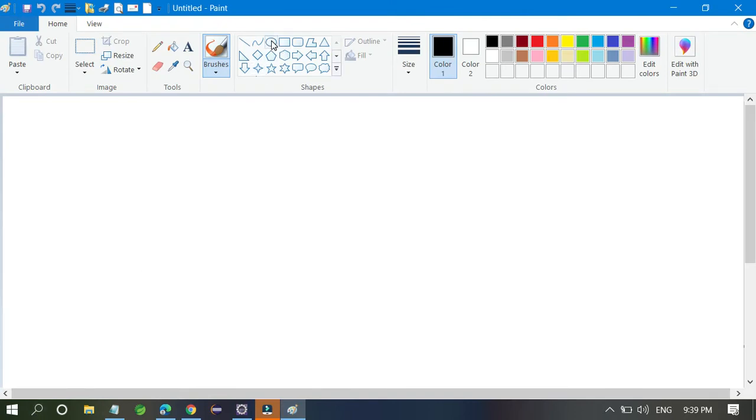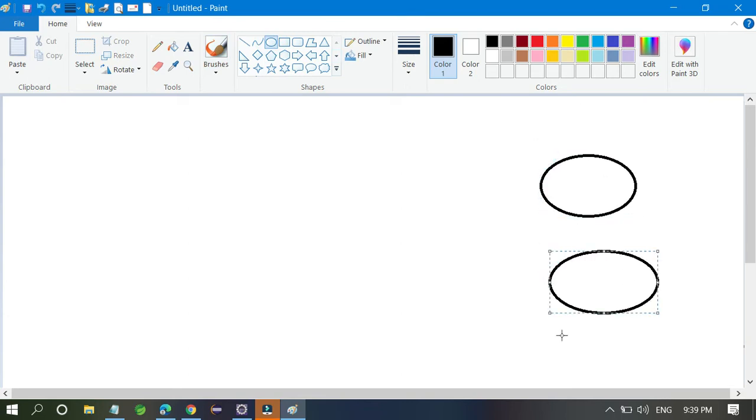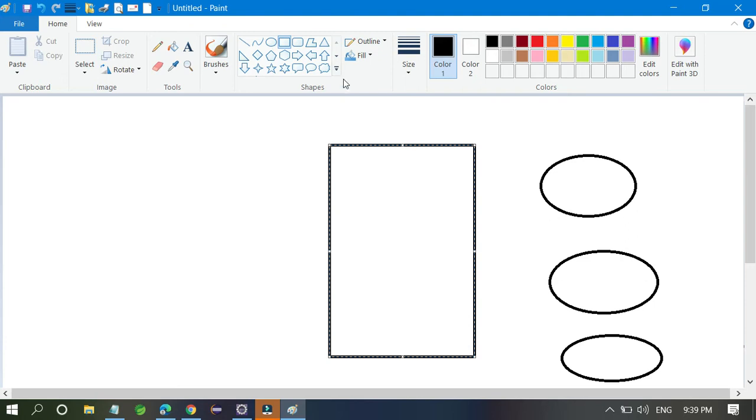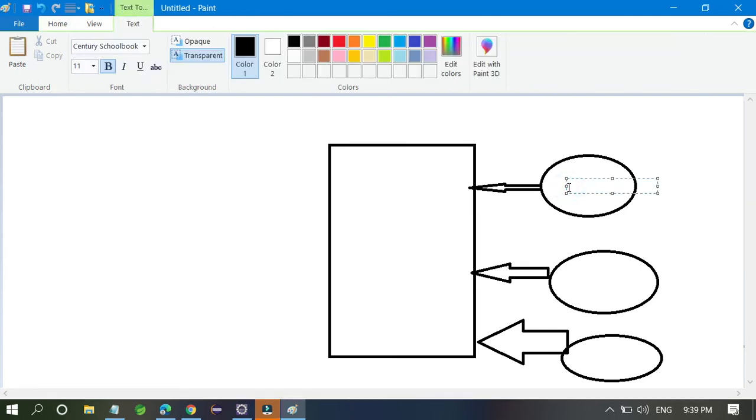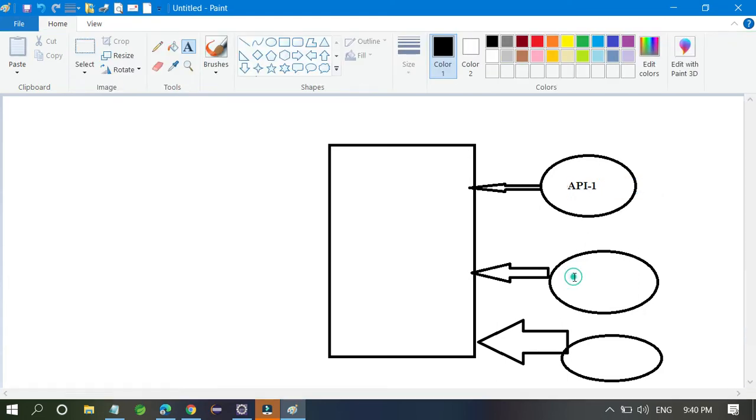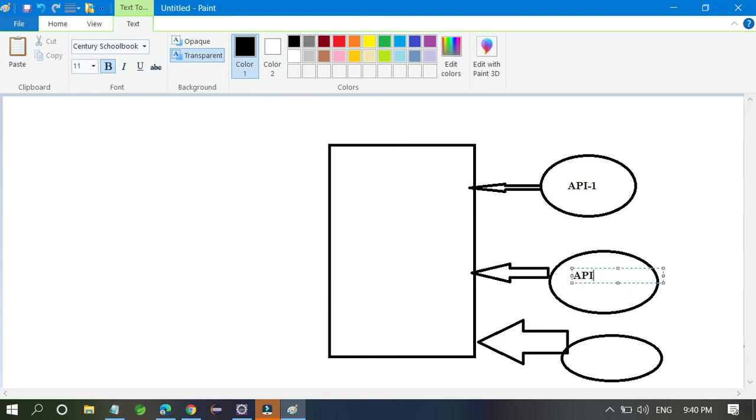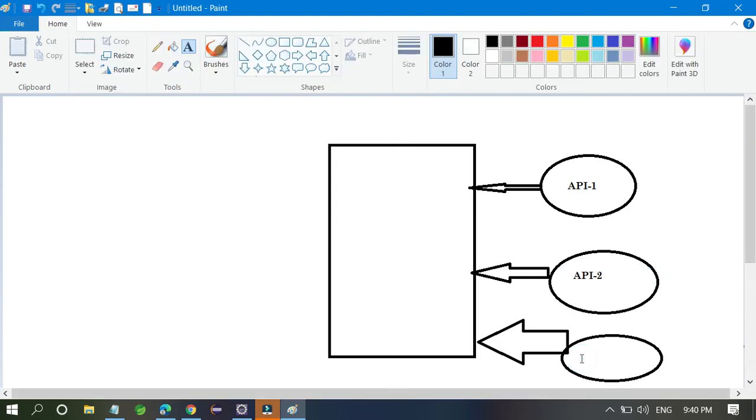For example, I have this API 1, API 2, API 3, and all those APIs are registered with one server, and this is called the Eureka server. These are all the APIs: this one is API 1, this one is API 2, and this one is API 3.